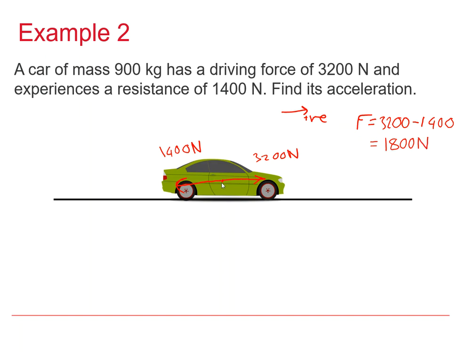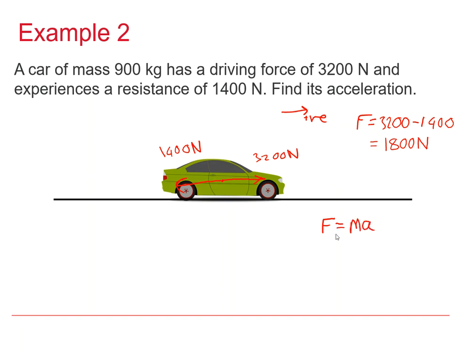Now obviously there's also the weight of the car and the normal reaction force, but we know that those are going to balance out anyway, so we don't necessarily need to include them if we're just dealing with horizontal motion. But what we do know, of course, is that this overall force, F, is equal to ma. So if I write down Newton's second law like this, F equals ma,